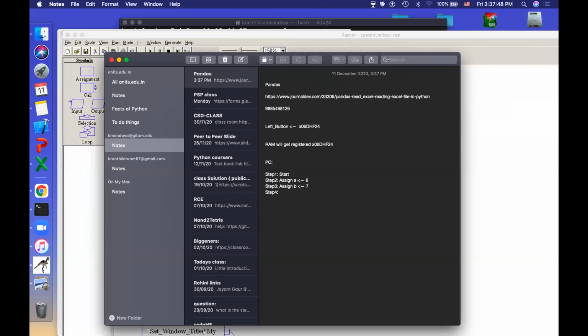This time I will call the function, right? So I will say add of. So according to our Raptor, the function is both with input and output, right? So same thing happens here.